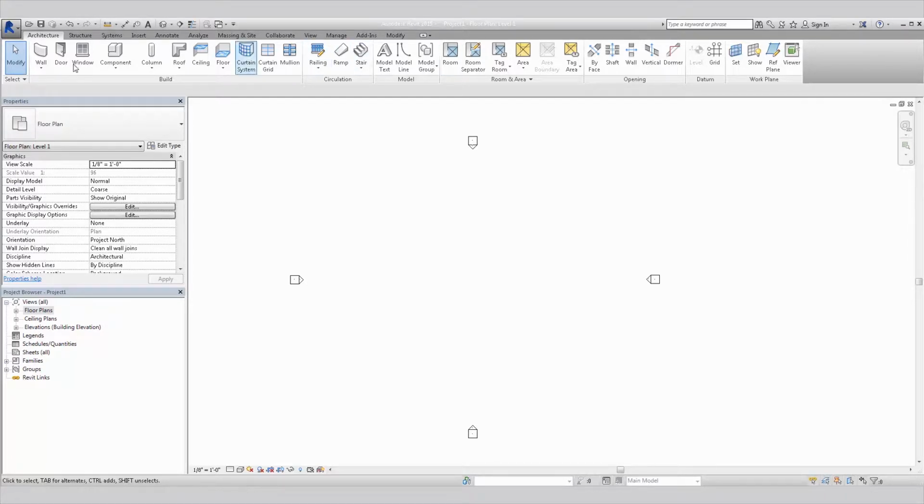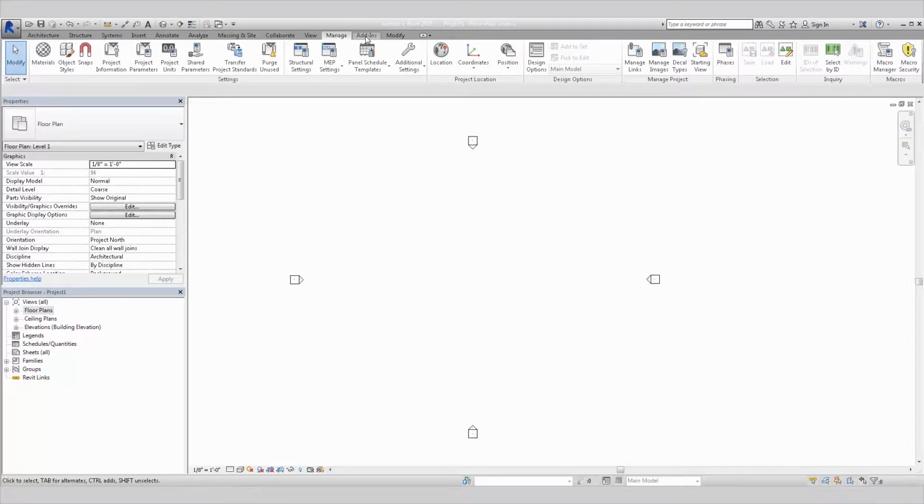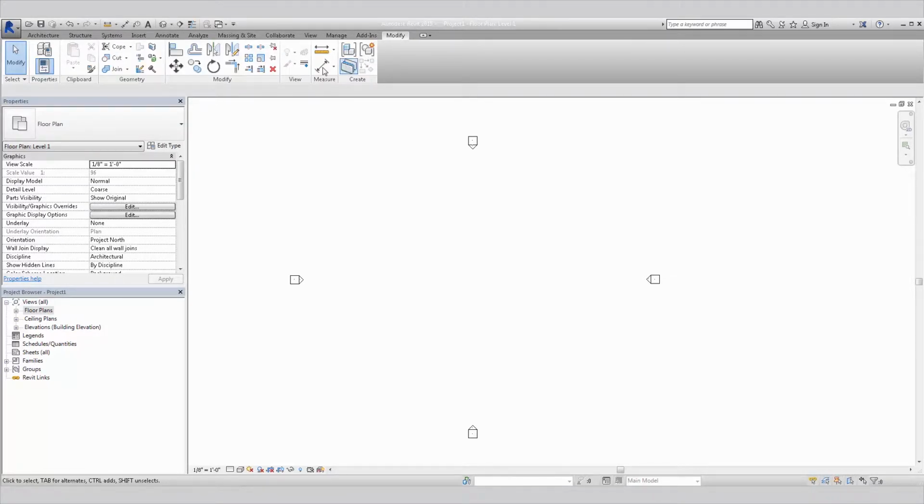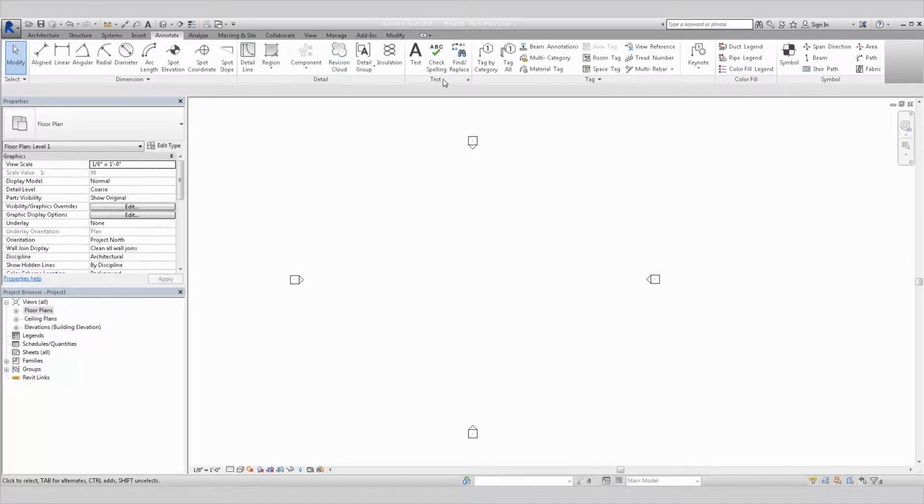Below all of these things is the ribbon. You will be using this the most. It contains all the tools needed to create a project or family. By default, the ribbon is organized as 3 horizontal segments, the top part being the tabs, the middle section the tool icons, and the bottom part the panels. The search process for a specific tool starts with selecting a tab, then identifying the appropriate panel, and ends with